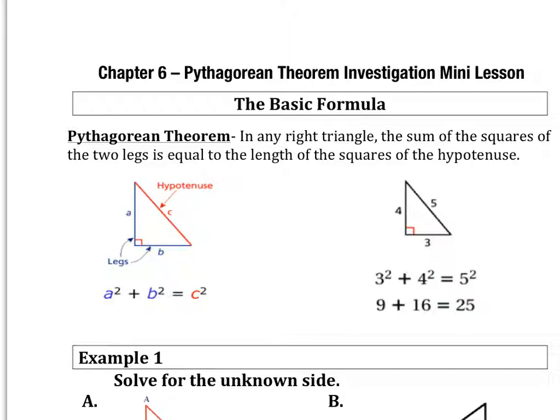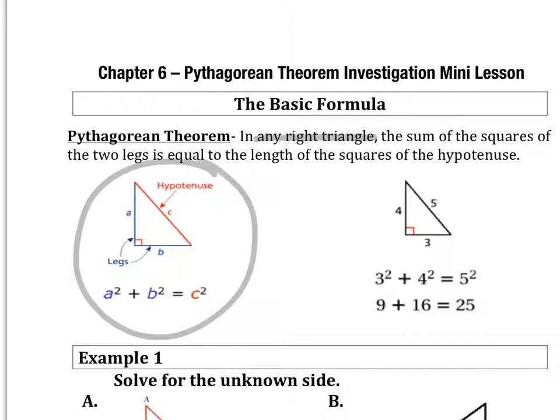So in any right triangle, the sum of the squares of the two legs is equal to the square of the hypotenuse. Now, there are some pieces of information we need there. So if you look at this diagram right here, you're going to see we have